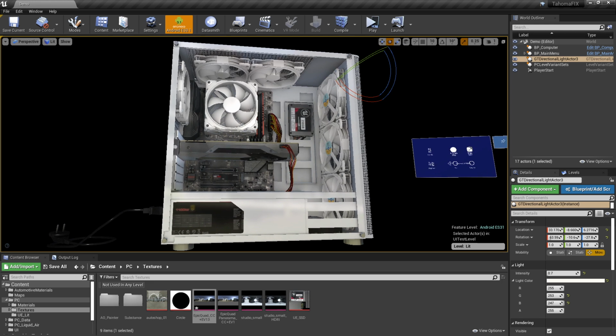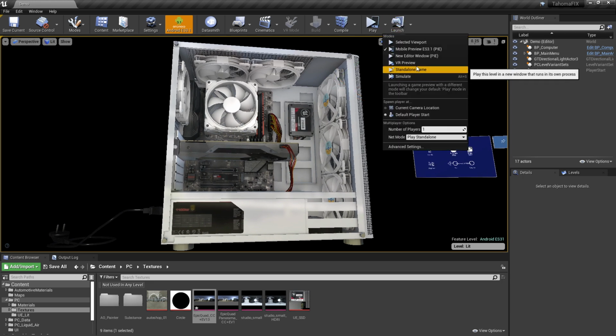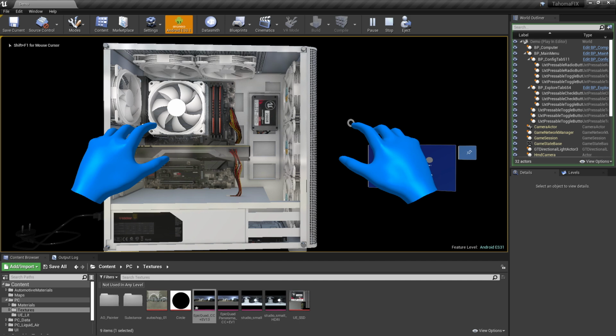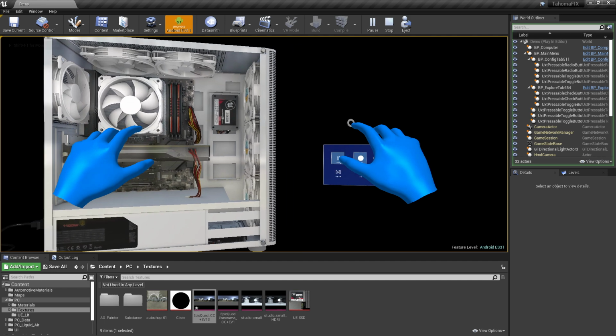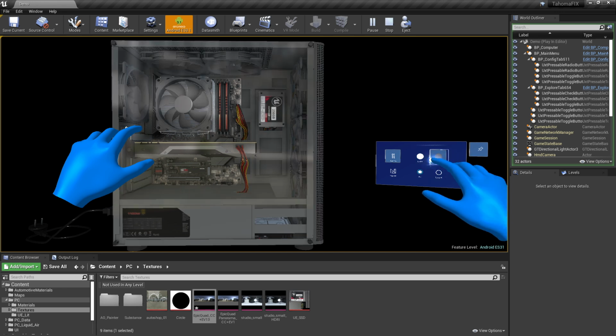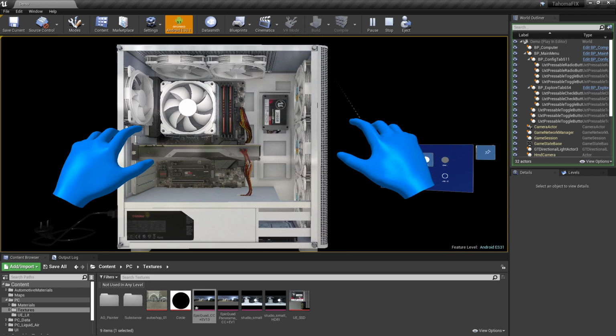So the final thing that we're going to want to do is we're just going to escape this out. We're going to preview this instead of using the mobile previewer, just in the selected viewport. So when I do that, you can see that we get these nice little preview hands. I can move those around, and I can actually start to trigger some of the effects that Cameron had set up on this guy. So it's really very, very fast and easy to start iterating with these kind of virtualized hands of the HoloLens 2 device directly inside of here, which is pretty cool.